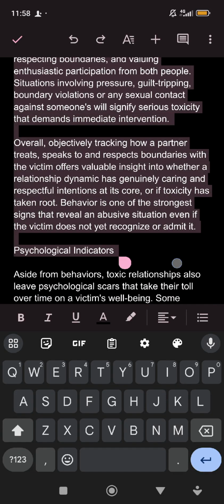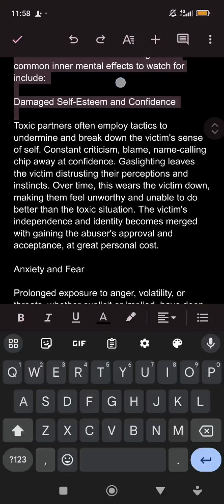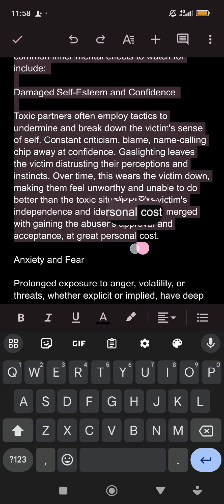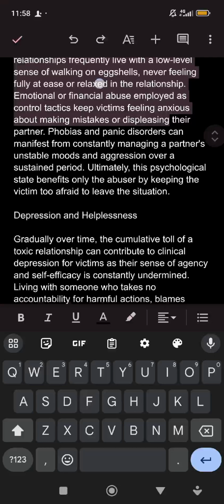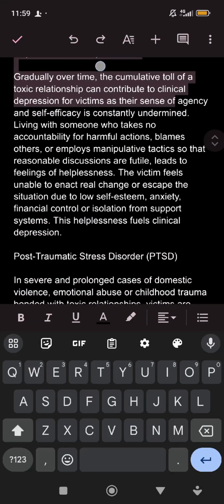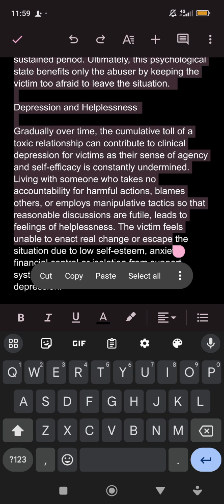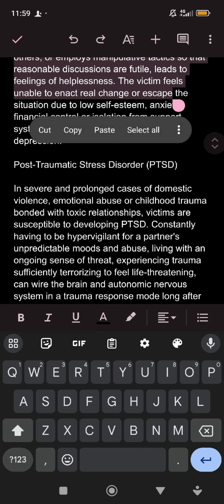Let's continue. I'm still highlighting. Okay. Let me continue.